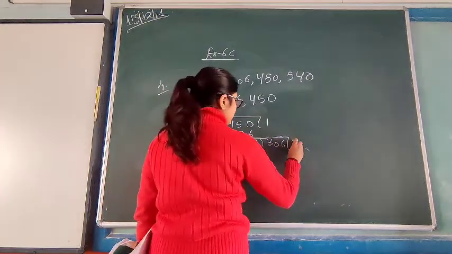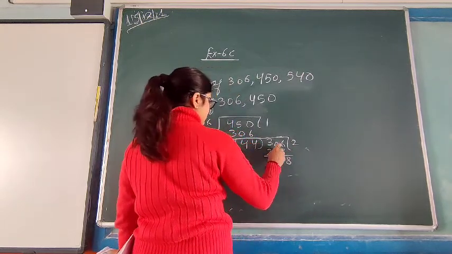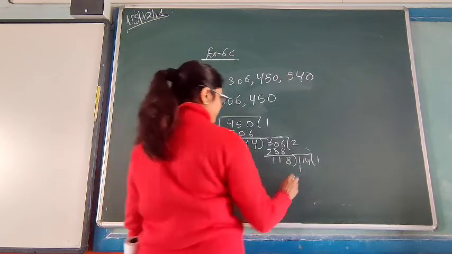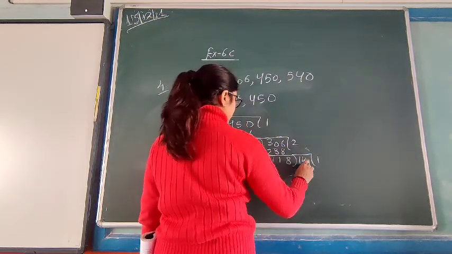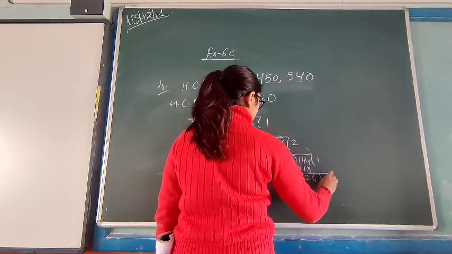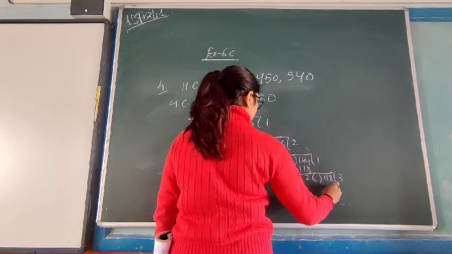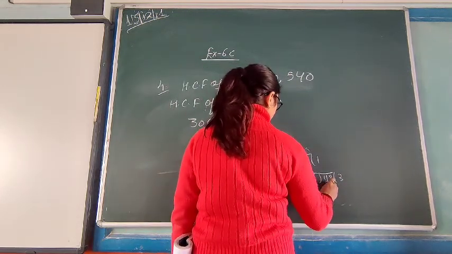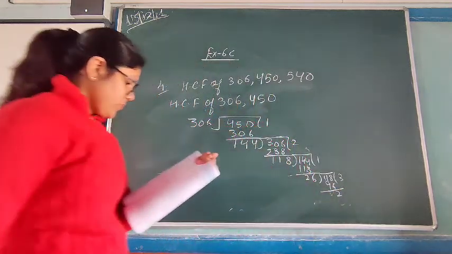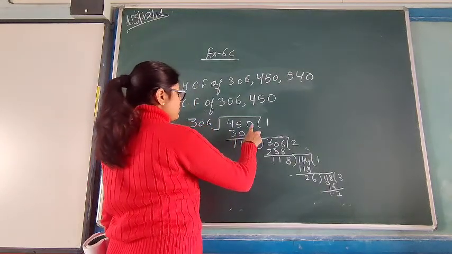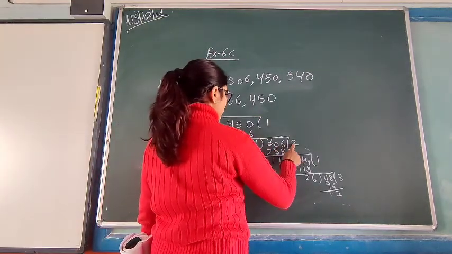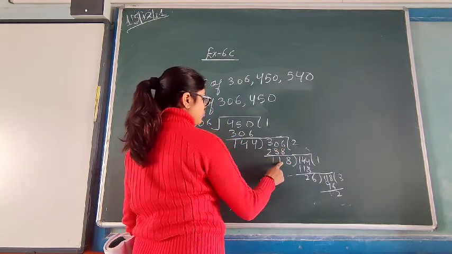Now, 2s are... sorry... okay, 306 and 450, 306 over 306, 10 minus 4, 4 minus 3, 1. 144 is coming, 306 again, so 2 4s are 8, 28, 15 minus 8, 8, 9 minus 8, 1, and